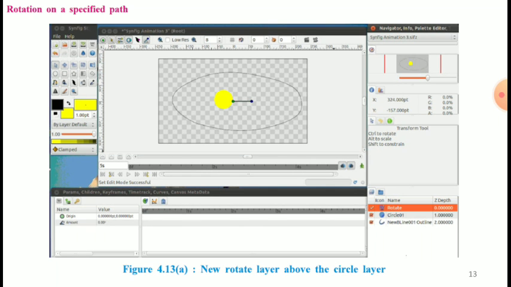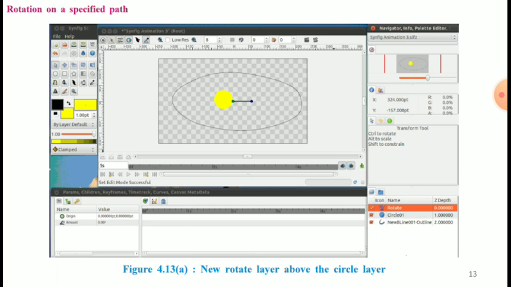Next step, let us add a new rotate layer above the circle layer. In the layers panel, select the circle layer and then right click, then new layer, then transform, and then rotate.